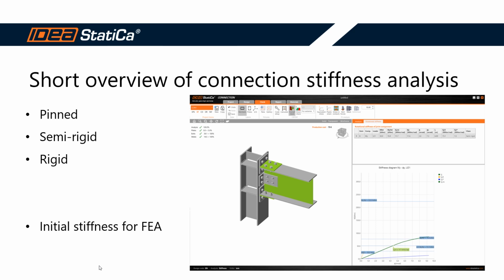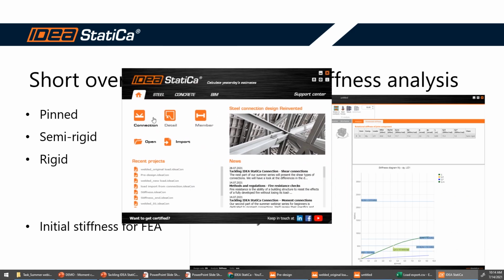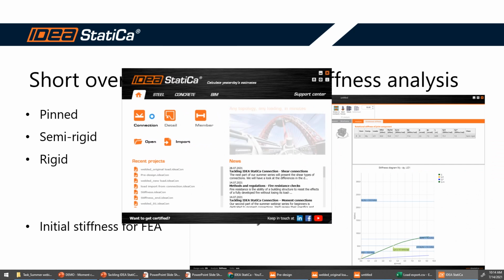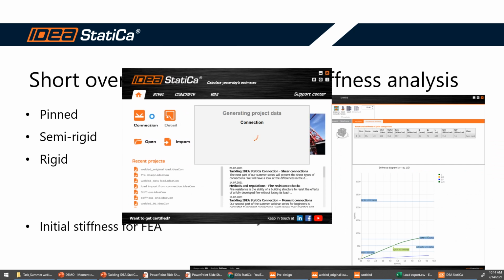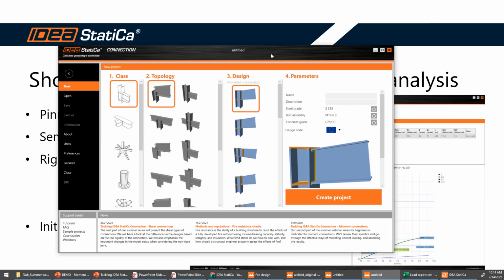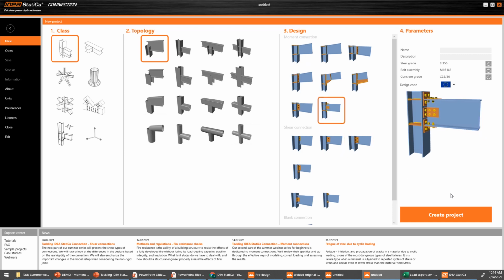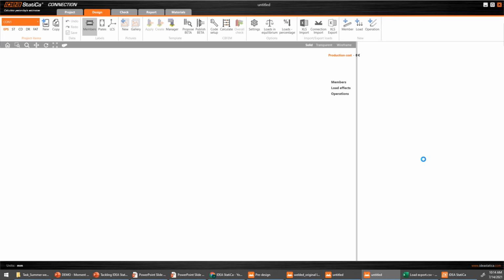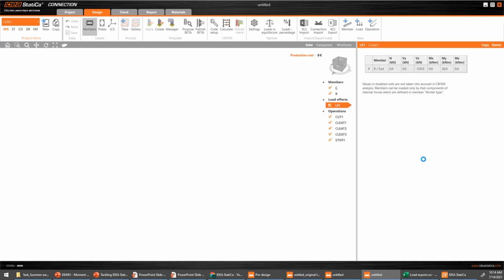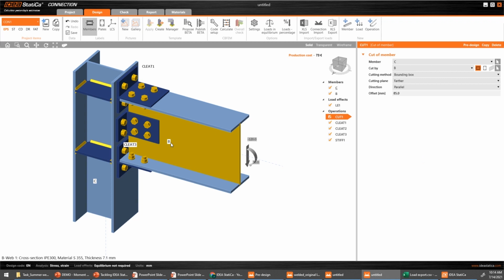So we can use a brand new model. Here we can create a new connection. I will try to use a not so typical moment connection. Okay, this cleat connection with T-shaped cross sections and angles could be appropriate, and I will try to calculate the stiffness of such a connection. It seems a little bit like a rigid one because I have bolted not just the web but also the